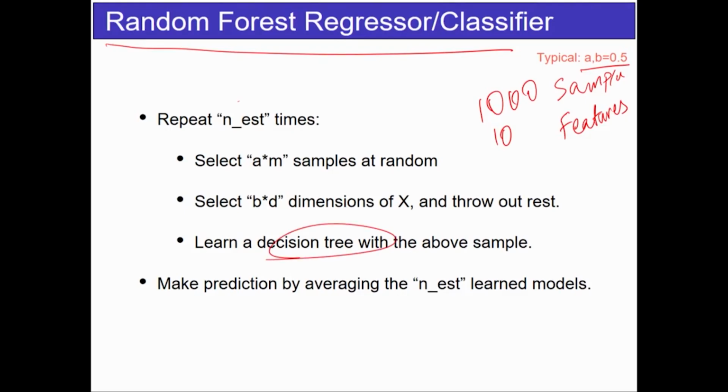So random forest regression is very, very simple. You have to assume that you have access to a decision tree classifier black box. But if you have black boxes of unstable classifiers which are high capacity, then you can just use bagging, which just selects samples. Random forest goes one level deeper and also selects features and uses decision tree classifiers. So those are the 3 components of random forest. Basically, you select samples at random, you select dimensions at random, and the black box classifier that you're using is going to be a decision tree. These 3 components make up random forests. That's basically it. So any questions on this?